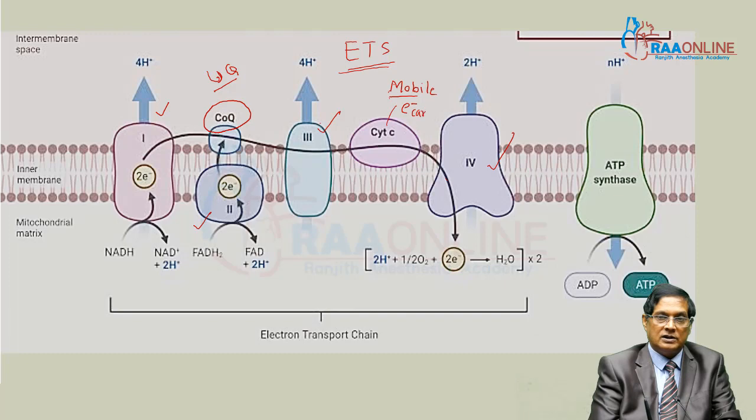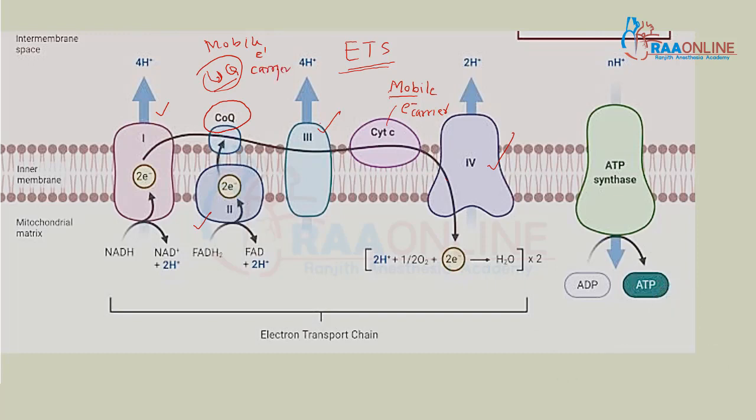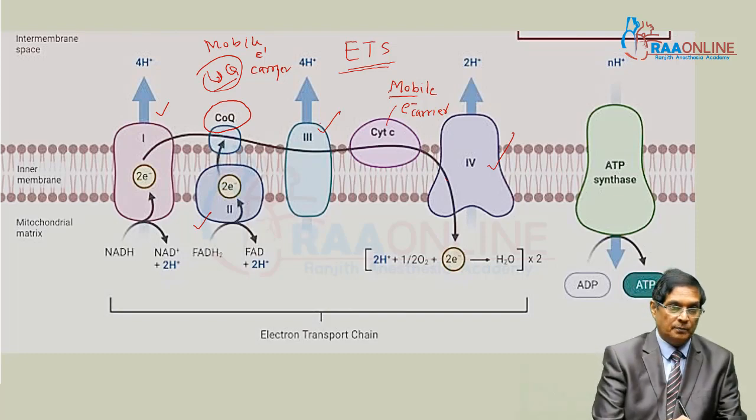So UQ and cytochrome C, these 2 are the mobile electron carriers. And each complex interacts with protons, and actually each complex receives electrons. So see the first one, complex number 1,